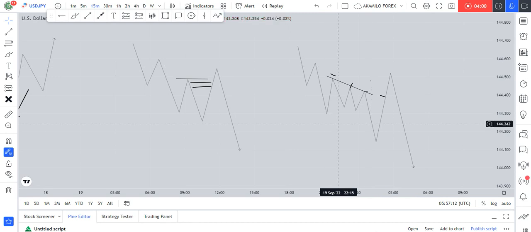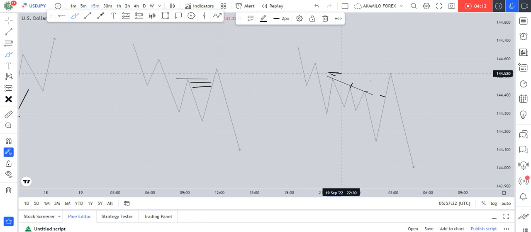So what then is liquidity? Liquidity is the stops that retail traders set whenever they take a trade. If you take a position and your stop is above the trend line level, or above your resistance, or beneath your support, anywhere you put your stop, that place is liquidity. So if traders are induced, their liquidity will just be placed above or beneath the inducement leg. So guys, let's move